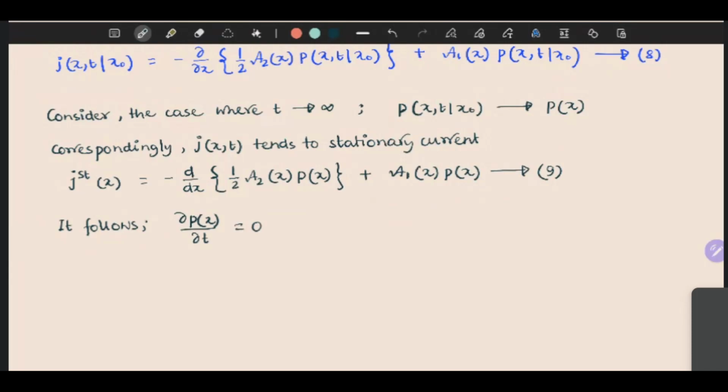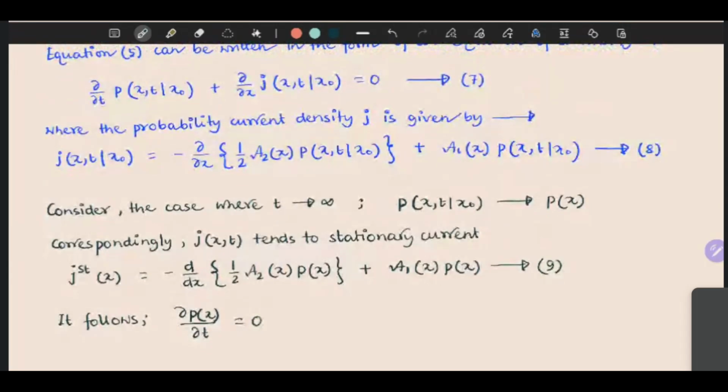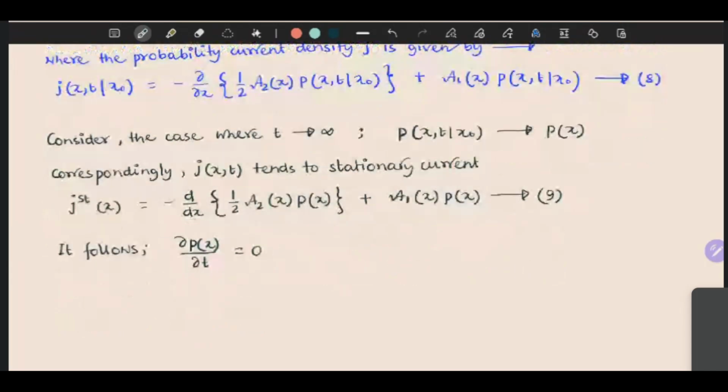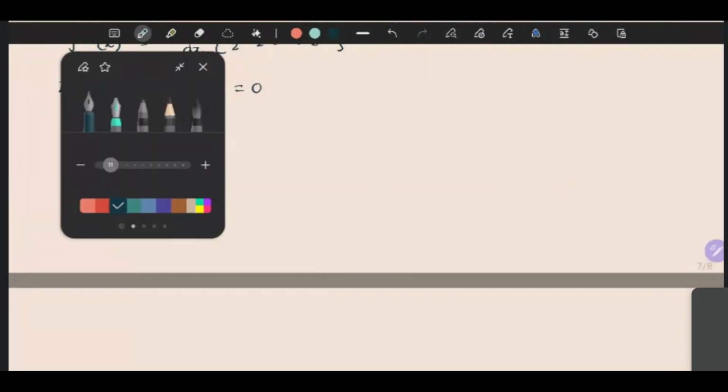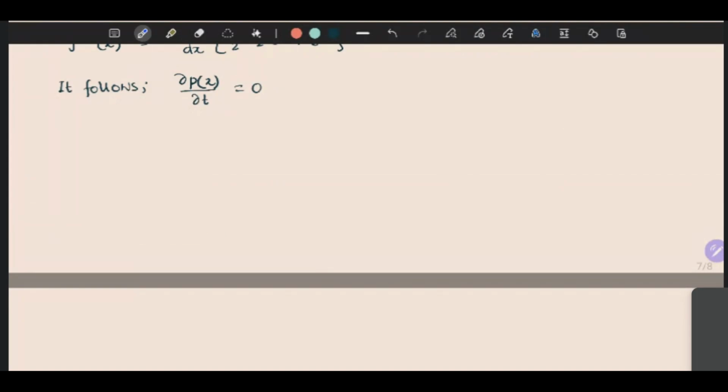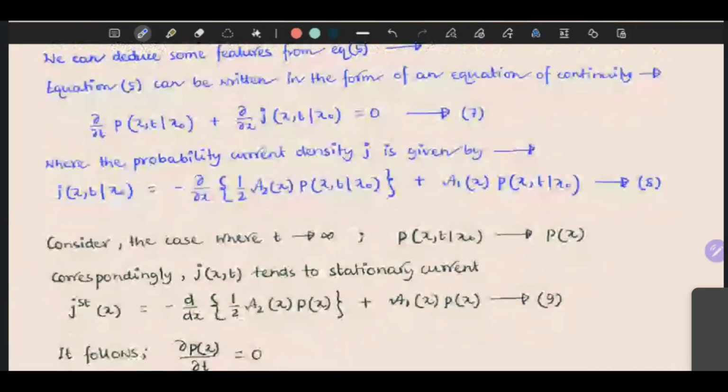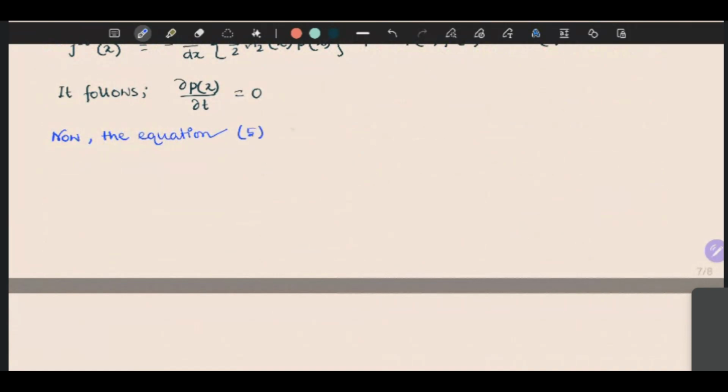So then you can write this equation in d/dx because there is no time dependence in the equations. Now equation 5 becomes